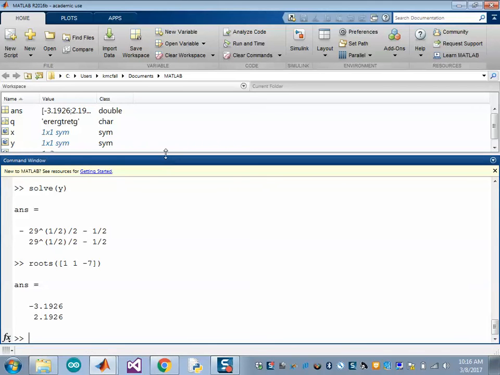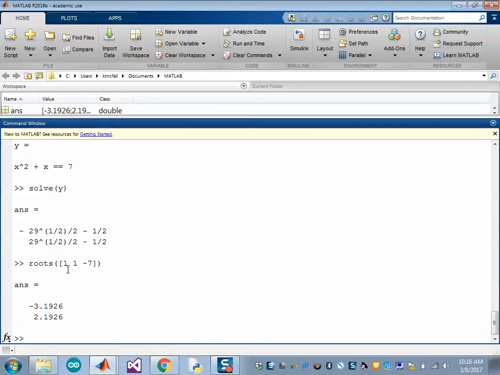It's a little bit different. Basically, what roots does is this is the x squared coefficient, this is the x coefficient, and this is the 0th order coefficient, which, if you use the roots command, has to be on the same side of the equation. That's why it's minus 7. You get x squared plus x minus 7 equals 0. So roots assumes that you've rearranged it so that your polynomial is equal to 0. Now, you can see here, when I do roots, it gives me a numerical number. When I do solve y, it gives me an analytical expression that is actually still